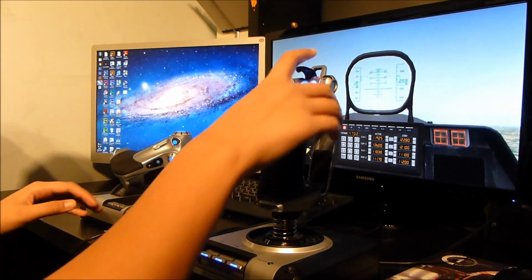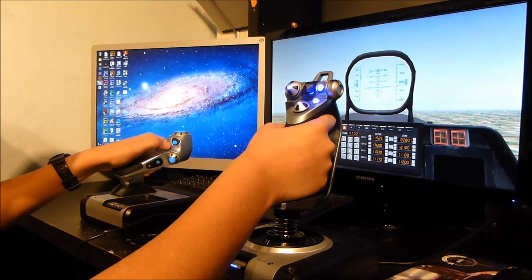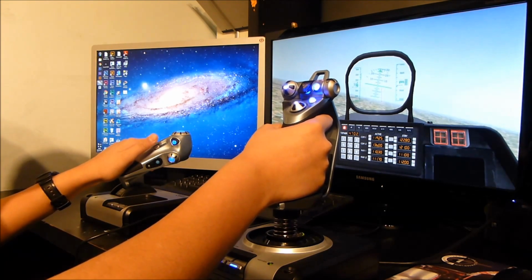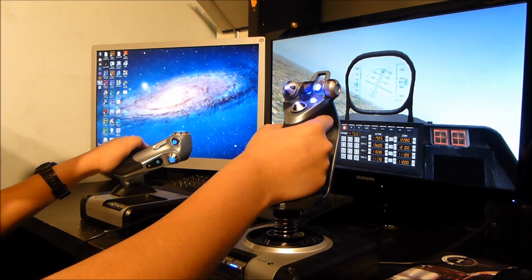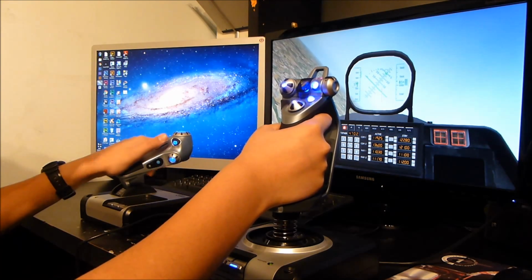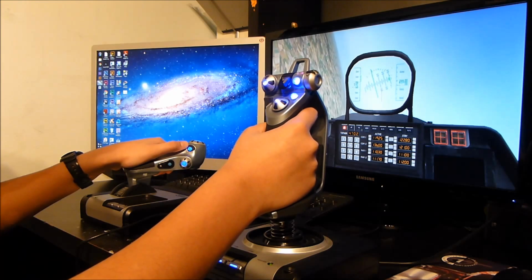all lit up. And in fact the X-52 Pro, which is one up from this, is illuminated green, and I think it's better quality. They use metal for the construction, and they have a green multifunction display. But I don't see any problem with this one, so I just went for this one, considering it's quite a bit cheaper. So if we just come back round,